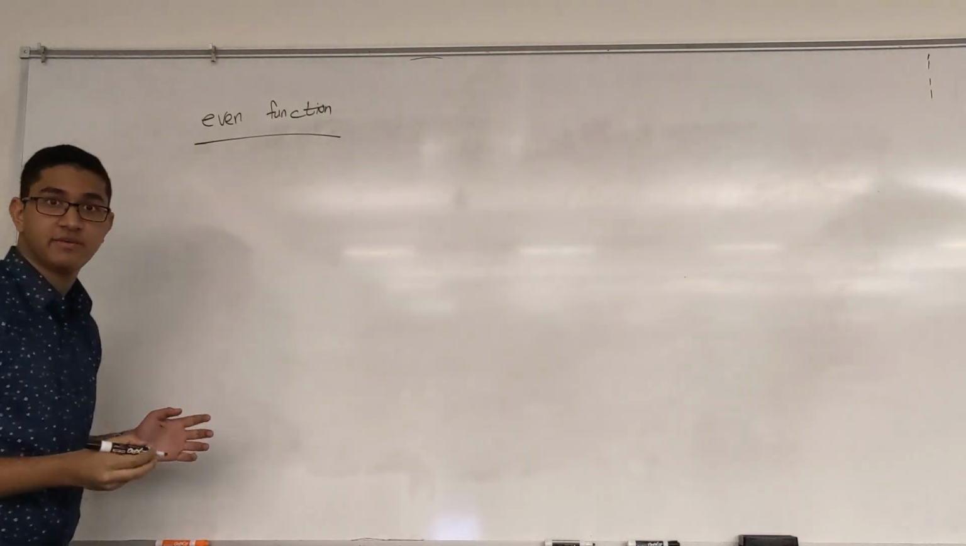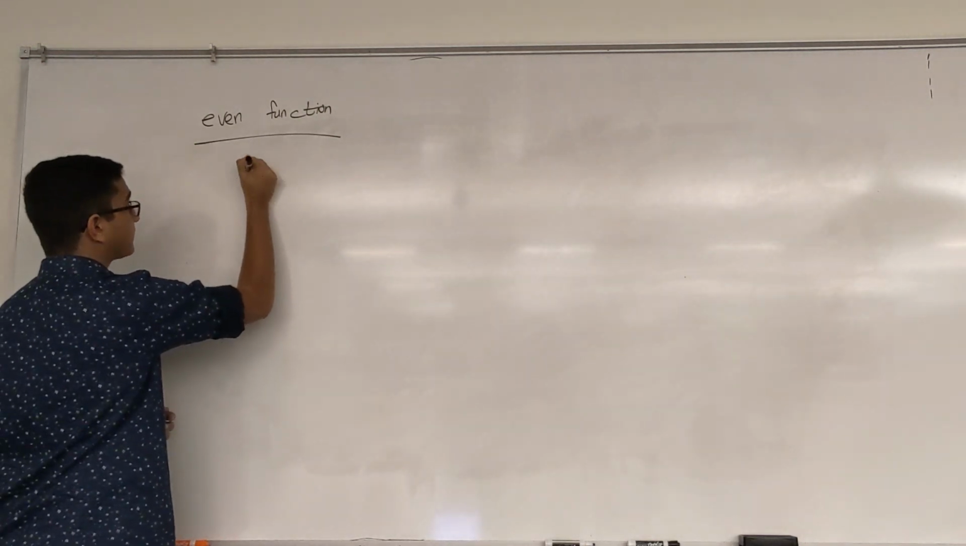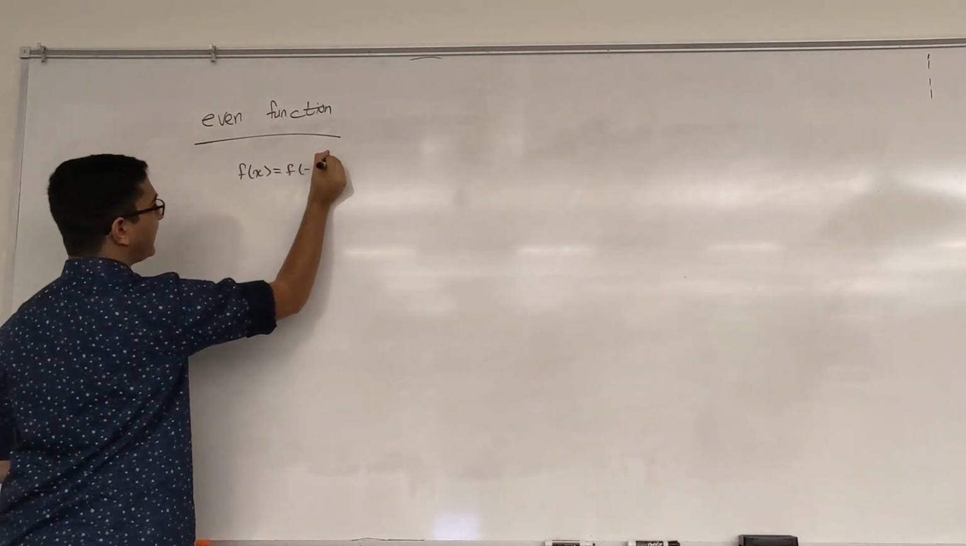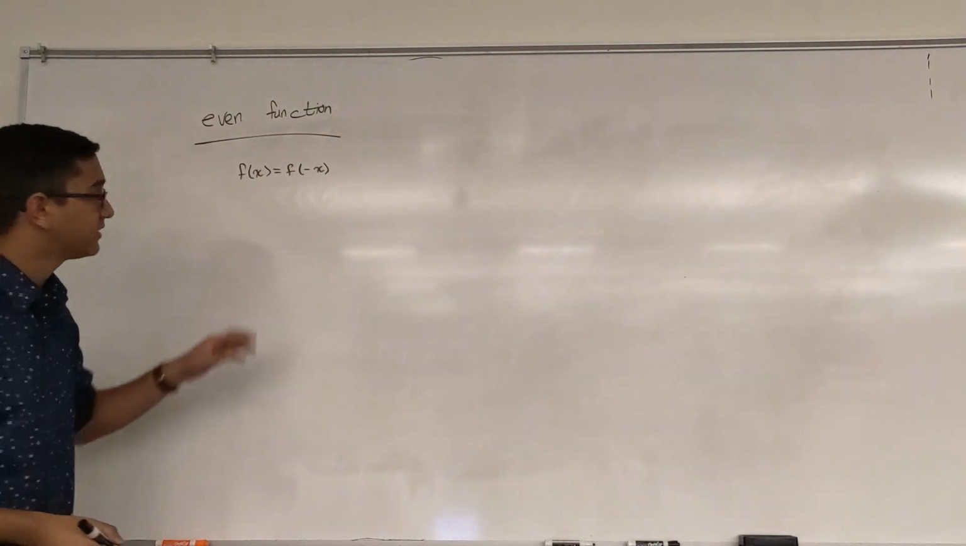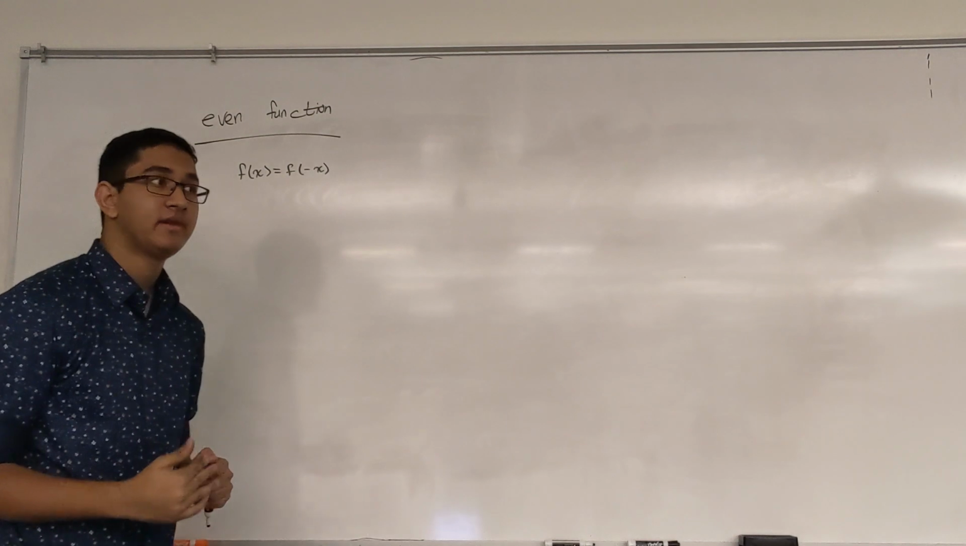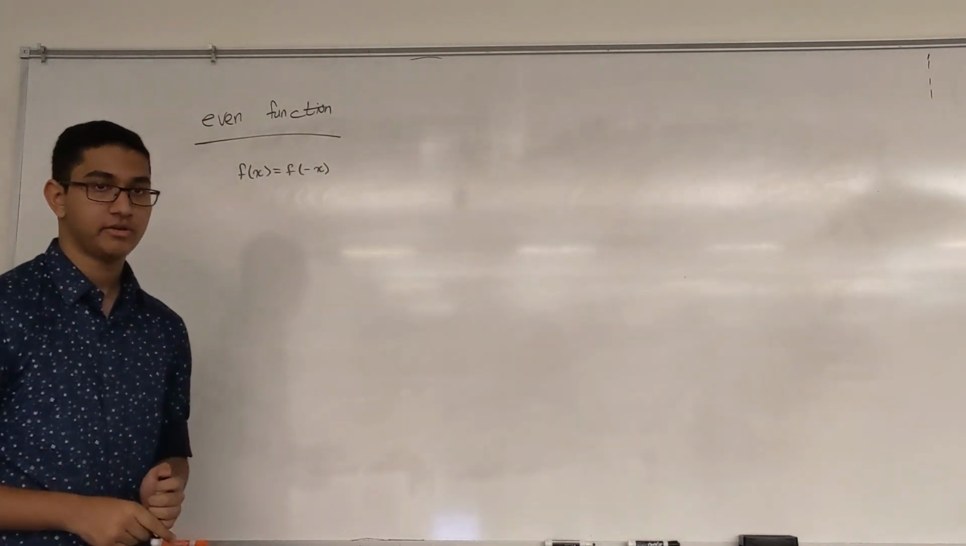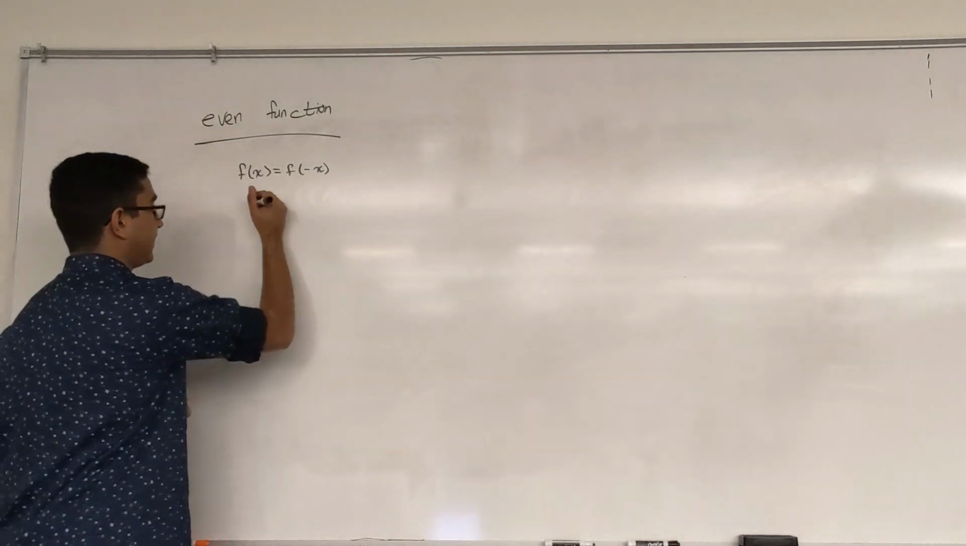So an even function can be defined simply by f of x equals f of negative x. So for some function f of x, if you apply the negative parameter rather than the positive parameter, you will get the same value regardless. An example of this is I'll define a g of x,